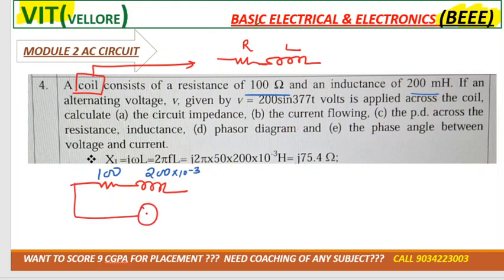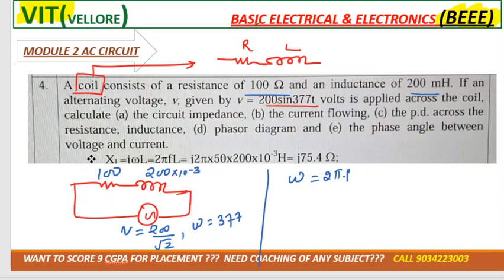If an alternating voltage is given like this, what is the voltage? 200 by root 2, because they give it in equation form. Okay, and omega is how much? 377. So from omega is equal to 2 pi f, you can get the value for frequency f, right? So omega is 377, you can get frequency. Then after that they ask you to